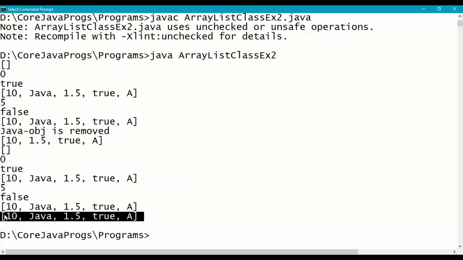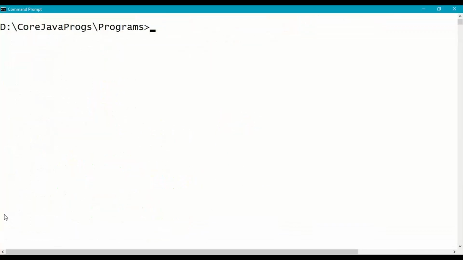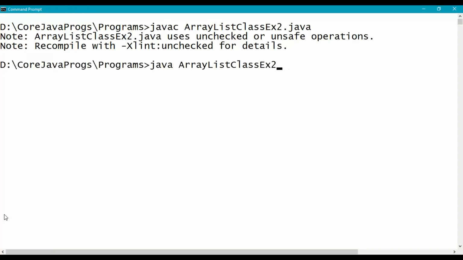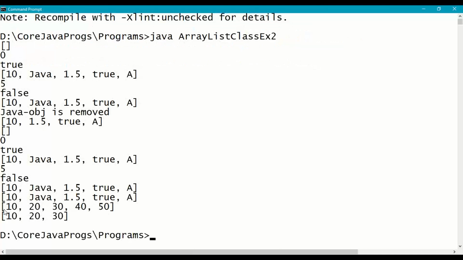So save this, command prompt, recompile and rerun. In ArrayList 1 we have 10, 20, 30, 40, 50. In ArrayList 2 we have only 10, 20, 30, right?